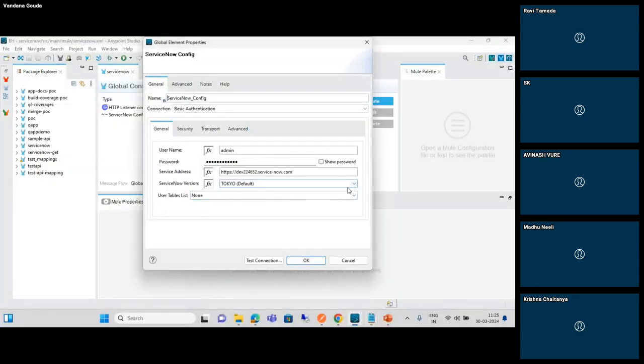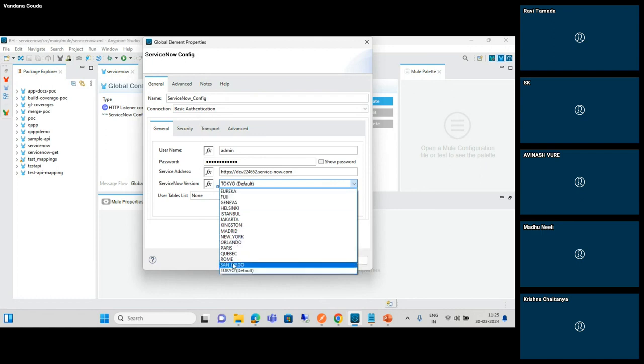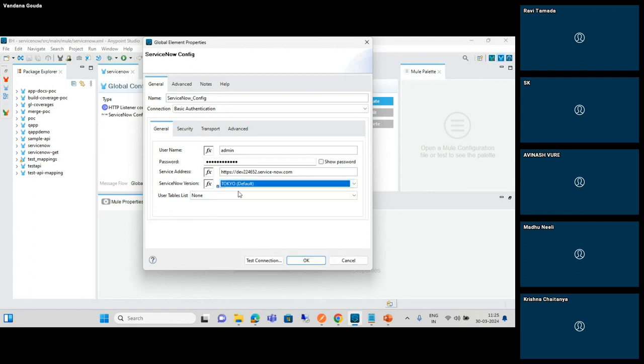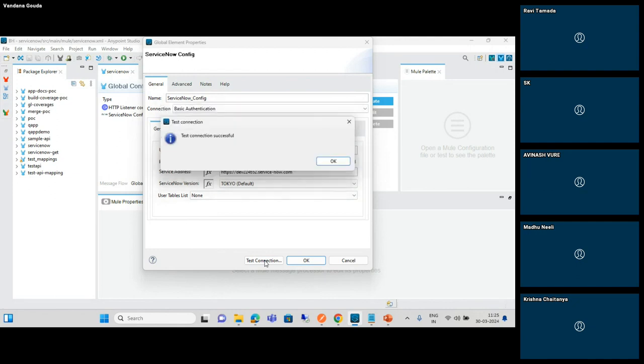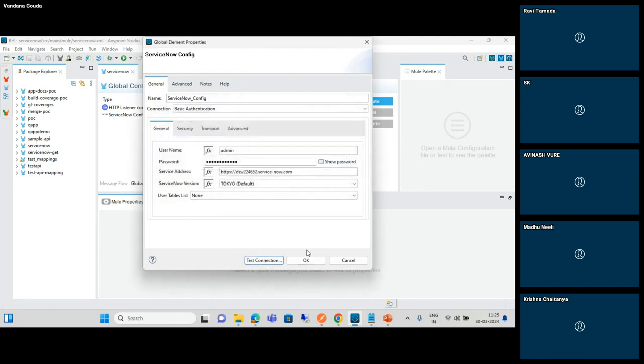And the ServiceNow version by default will take Tokyo only. Based on your requirement, you can add anything. Once the username, password, and service address configuration is done, I need to test the connection. Once the test connection is successful,